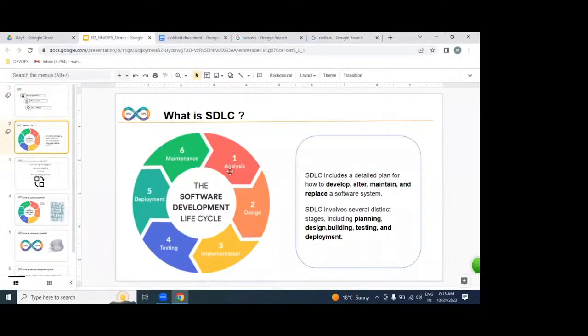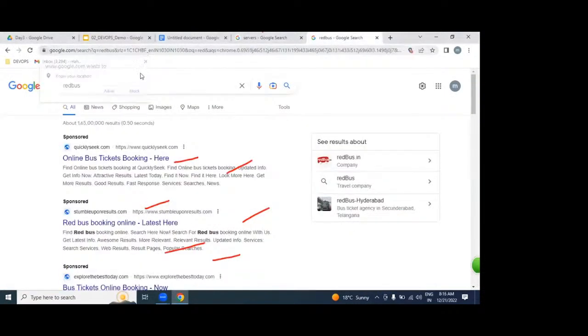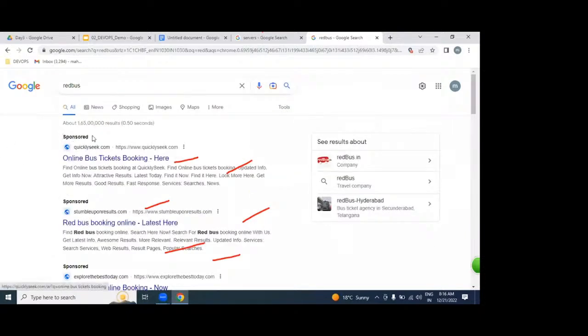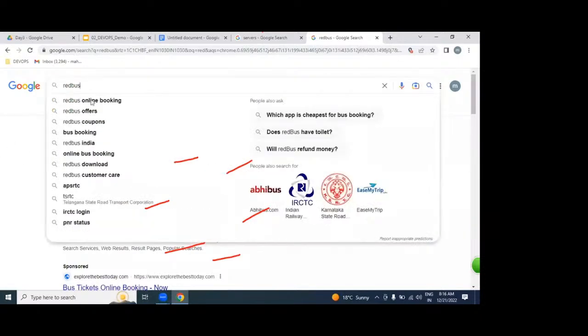In SDLC, we have several stages like analysis, design, implementation, testing, deploy, and maintenance. By following these stages and phases, we can produce a working software and place it on server side. Then there itself we are going to be accessing it as a Redbus or Book My Show or whatever it may be, guys.